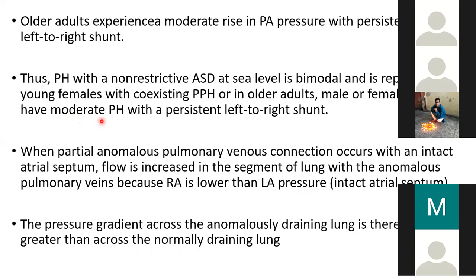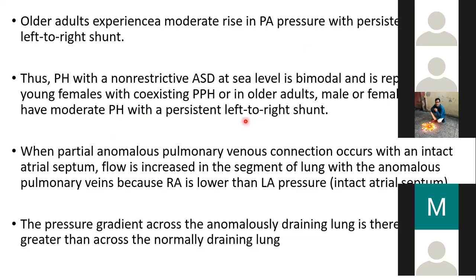Older adults experience a moderate rise in pulmonary artery pressure with the persistence of left to right shunt. So, thus the pulmonary hypertension with non-restrictive ASD at sea level is bimodal in representation: in young females with coexisting pulmonary hypertension, and in older adults who have moderate pulmonary hypertension with the left to right